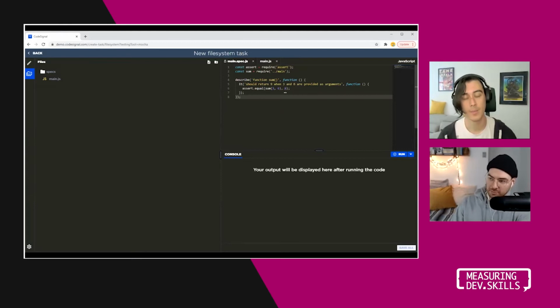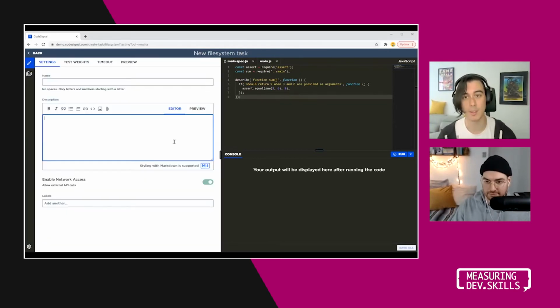So something like Mocha that we're using here, this would be an actual industry-used testing tool, right? Yeah, Mocha is a really popular unit testing framework for JavaScript or for TypeScript. It's a syntax that many or most JavaScript developers will be familiar with already. So when they see these Mocha files, it's going to be very, very natural to them based on their on-the-job